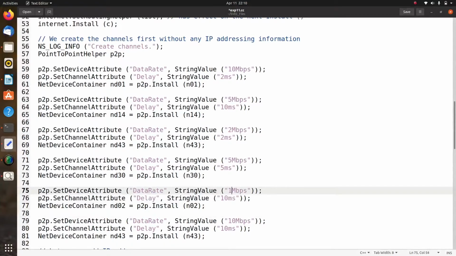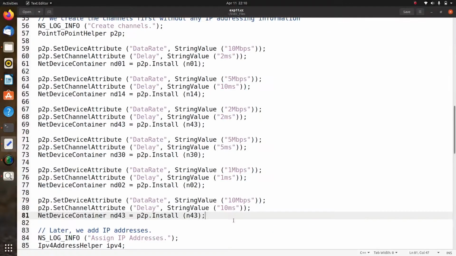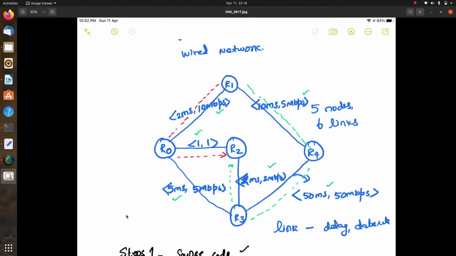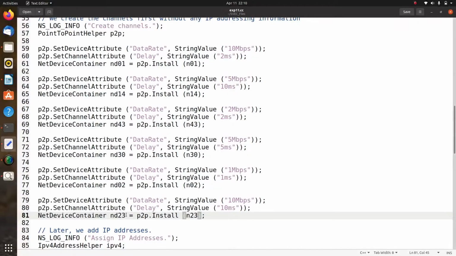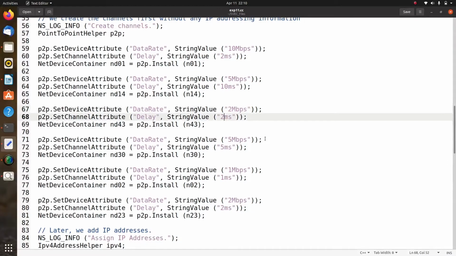Finally the last value is R2, R3, that is ND23. Sorry, as per the design, this is 2 millisecond and 2 Mbps, whereas this 43 is 50 milliseconds and 50 Mbps.